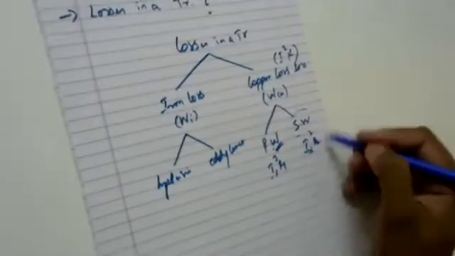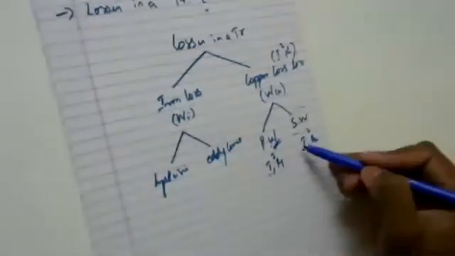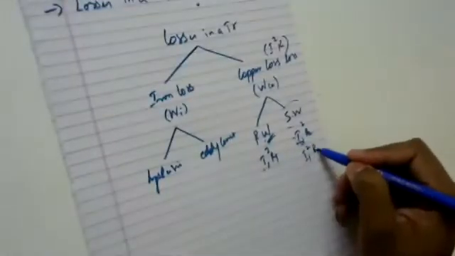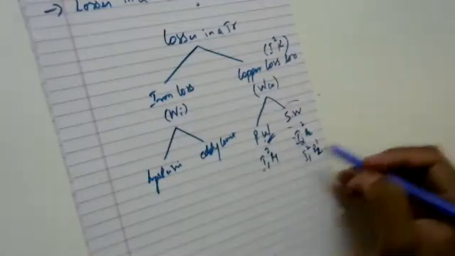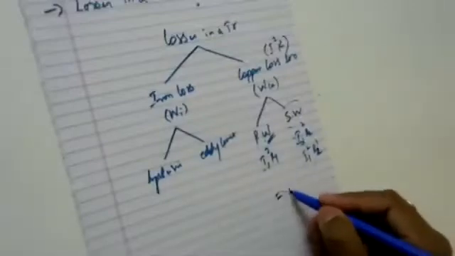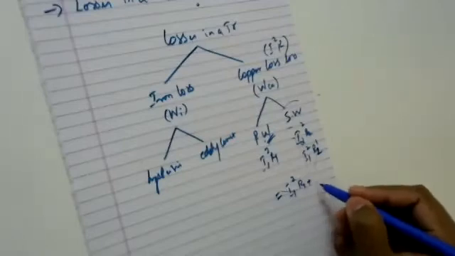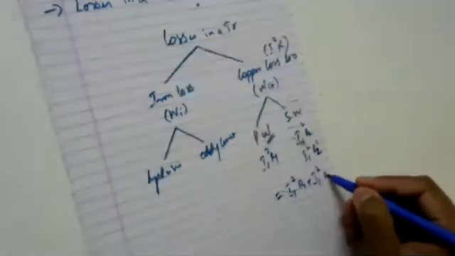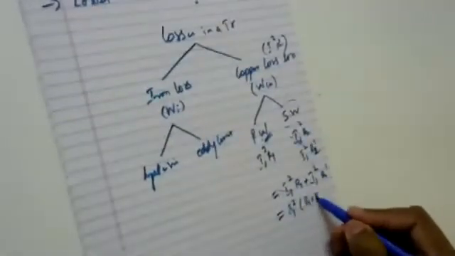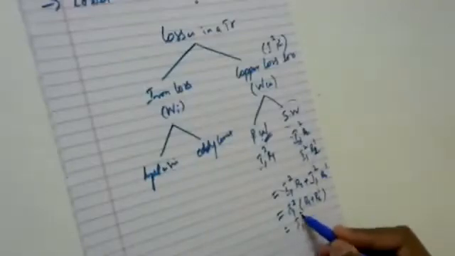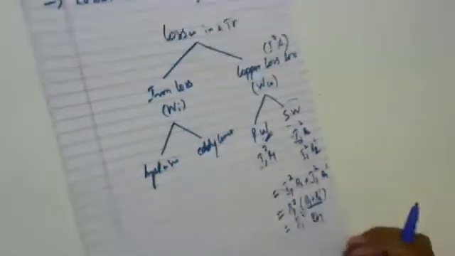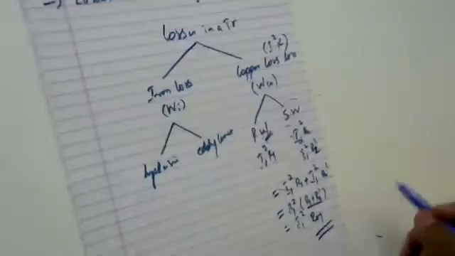But when I have made an equivalent circuit, I'm able to say that my I2 square R2 is completely equal to I1 square R2 dash. Then the total copper loss will be equal to I1 square R1 plus I1 square R2 dash. If I take I1 square common outside, what will I get? R1 plus R2 dash, which is nothing but my R01. So the total copper loss is I1 square R01.